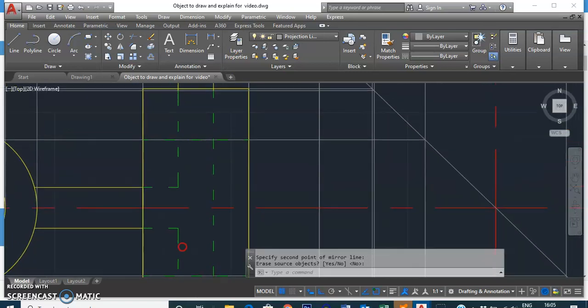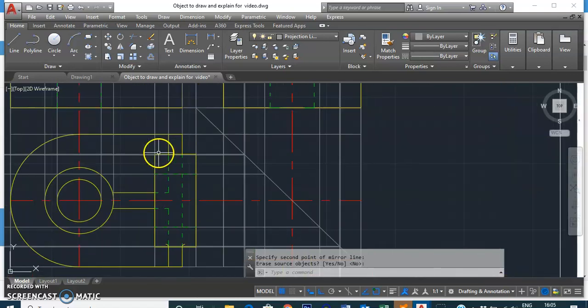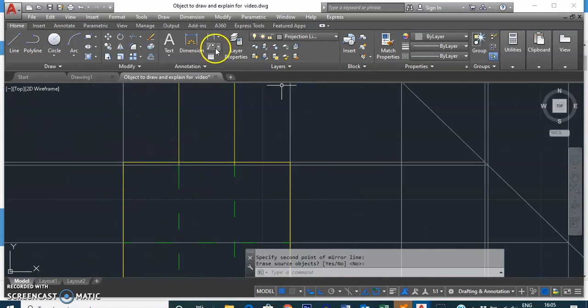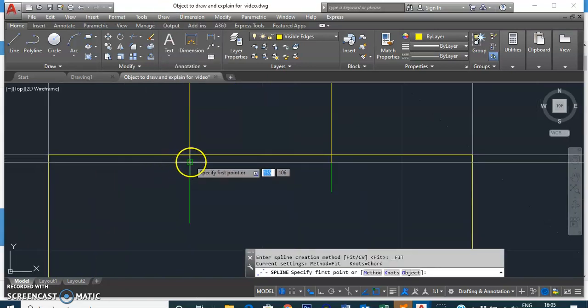Now, similarly, you can draw one curve over here, which is required because these four lines, 1, 2, 3 and 4, are merging smoothly into the cylinder. So let's draw that again. Let me keep my ortho off. Then visible edge. Okay, draw the line command with points starting from here. Okay, done.